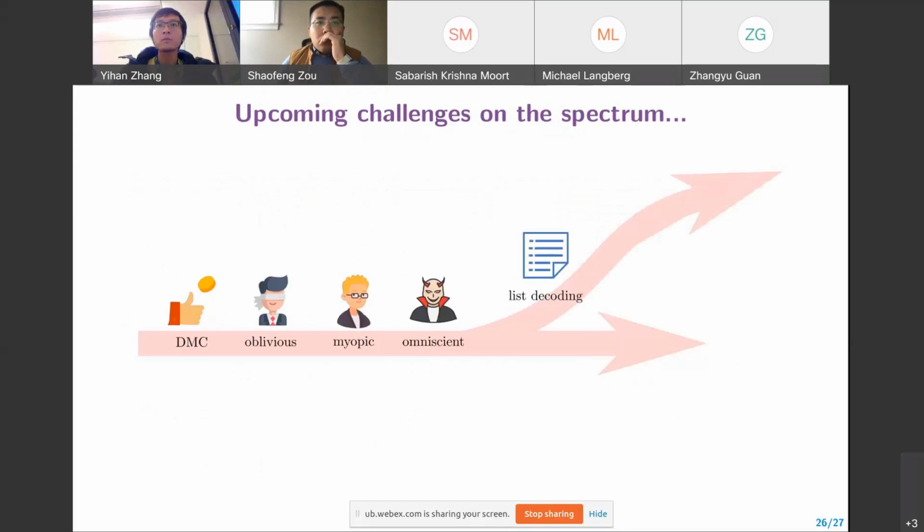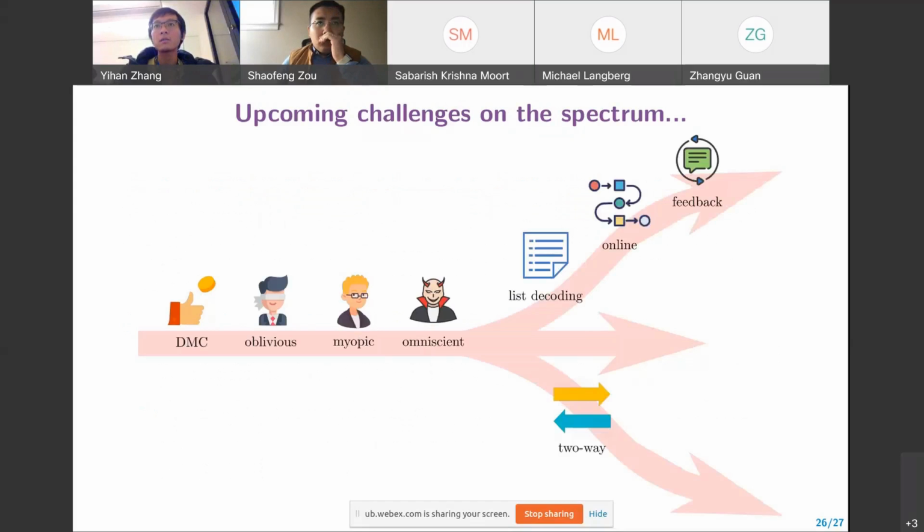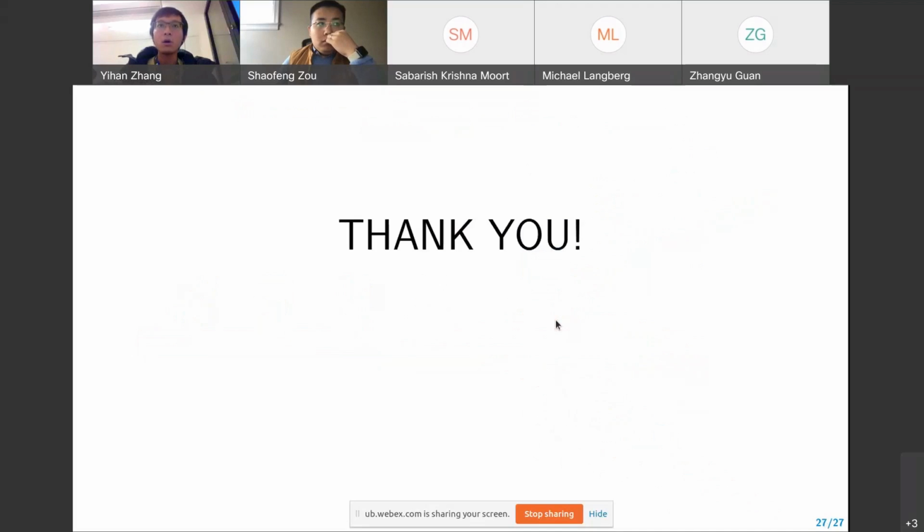And I also talked about list decoding, online channels and so on. But there are actually many more models. For example, feedback channels and two-way channels, things like that. If you make the noise adversarial, it suddenly becomes very difficult. And also adversarial communication over multiple access channels. I think, in fact, the next talk by Nihar is tightly connected to this topic. Okay, so that